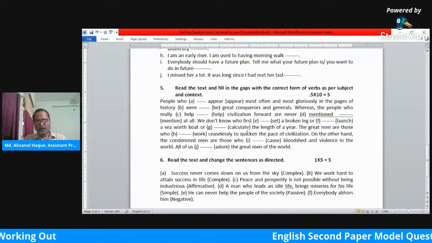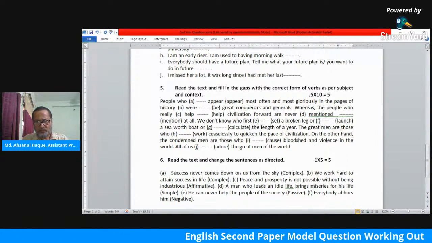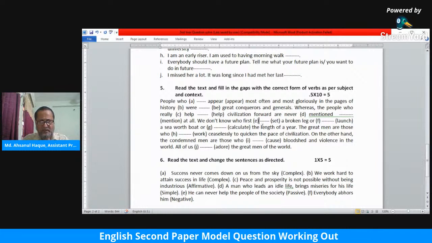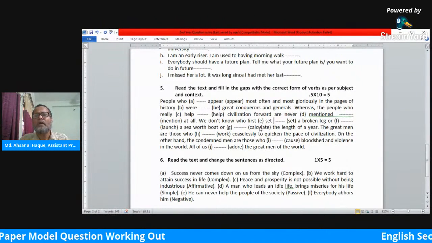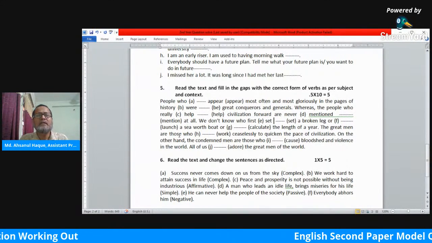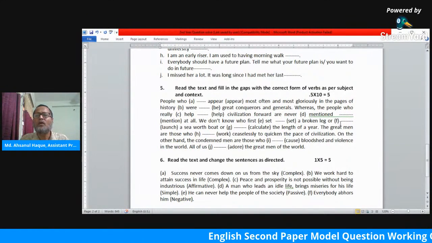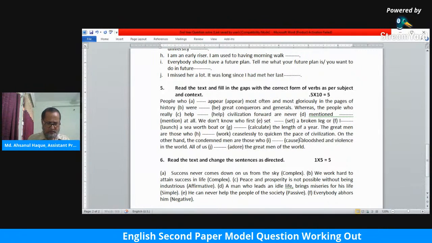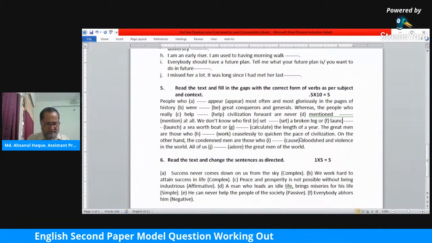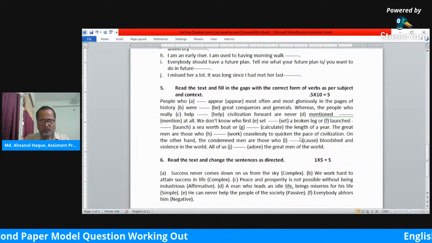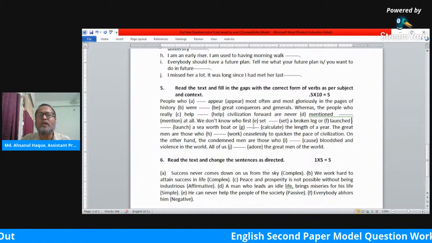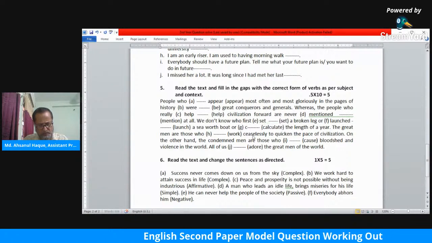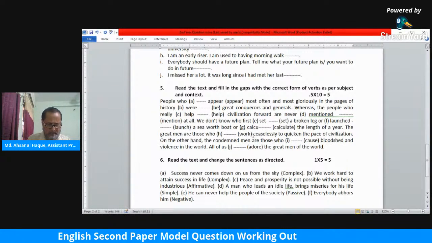So we don't know who first set. This should be in the past form, but the past form is also set. A broken leg or lost, or launched a seaworthy boat, or calculated, all past tense, or calculated